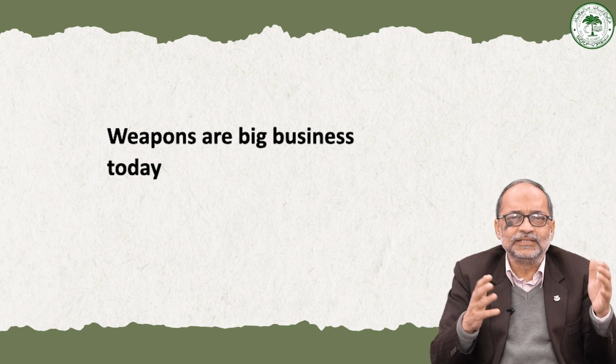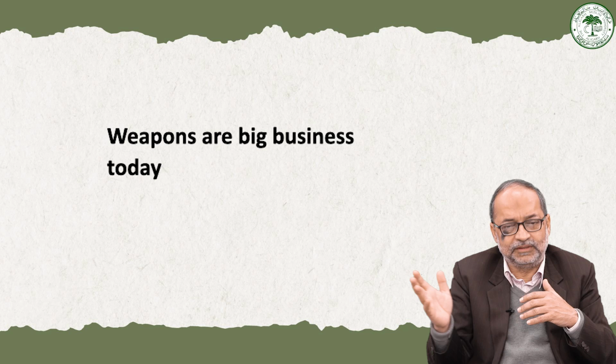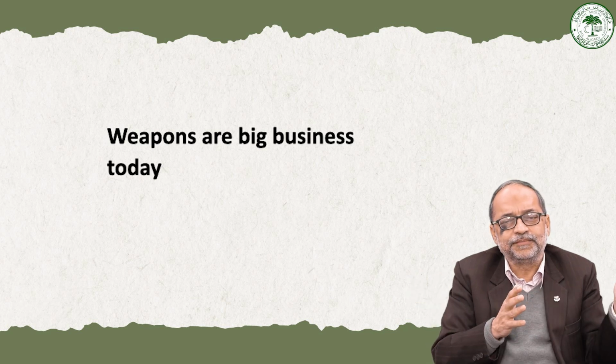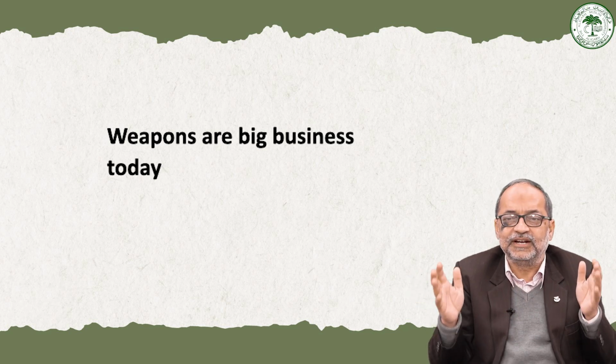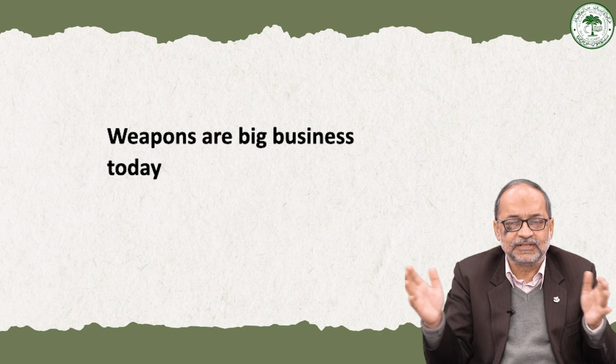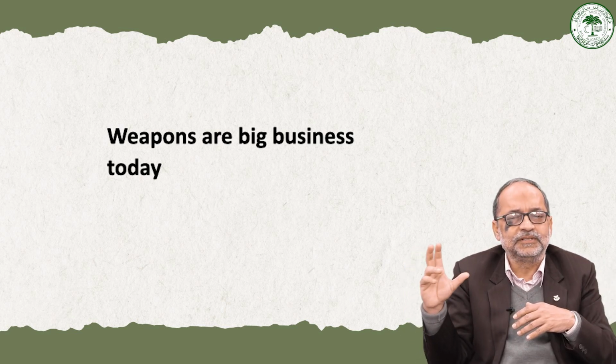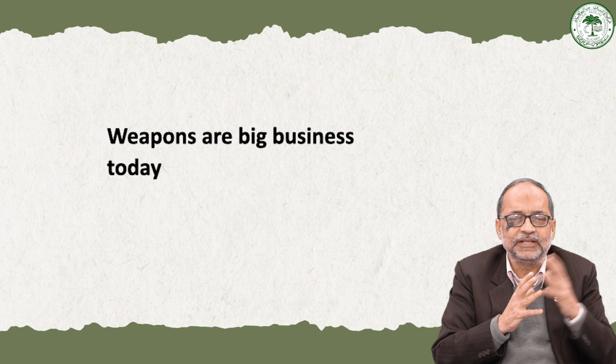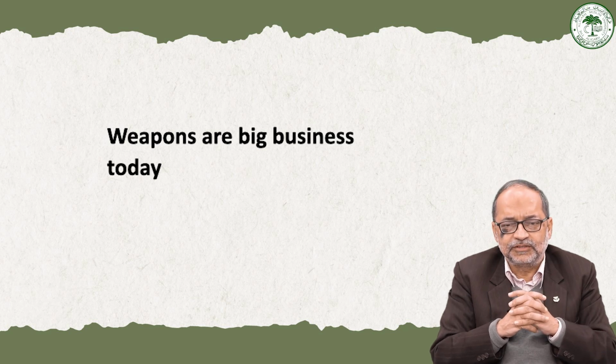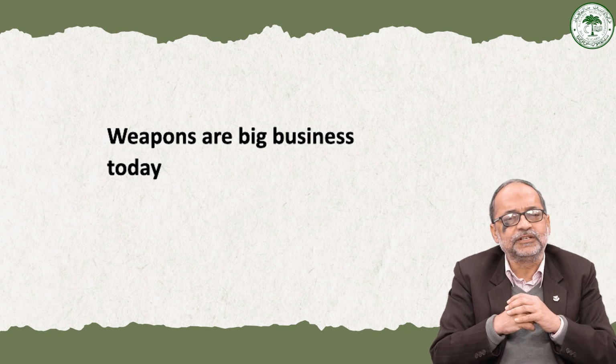For example, America is the biggest exporter of weapons in the world. So around 40-45% of the weapons in the world which are traded every year are sold by the Americans, and most of the remaining weapons are being sold by some around 10% by China, and the rest by the European countries in Western Europe.